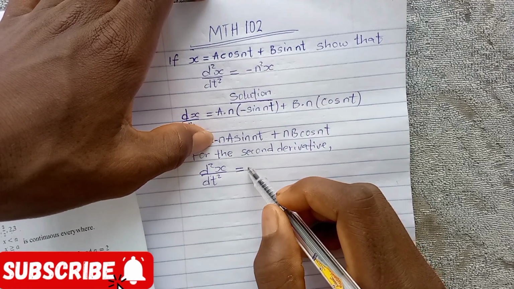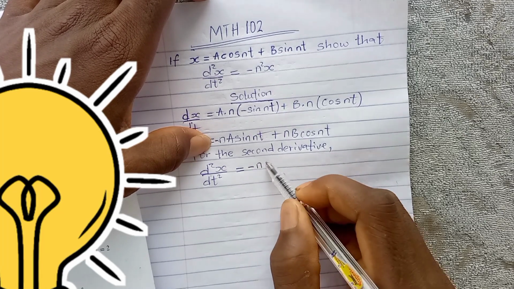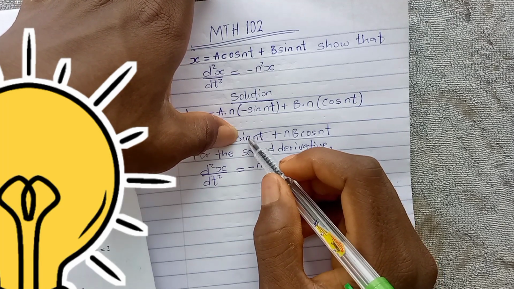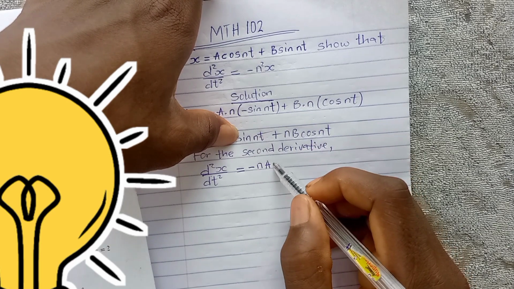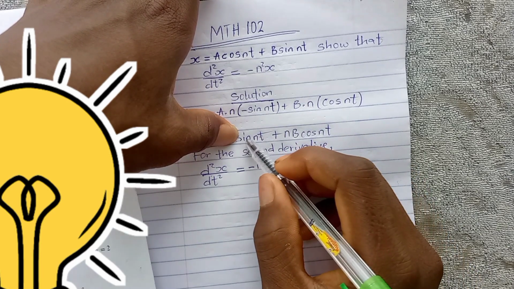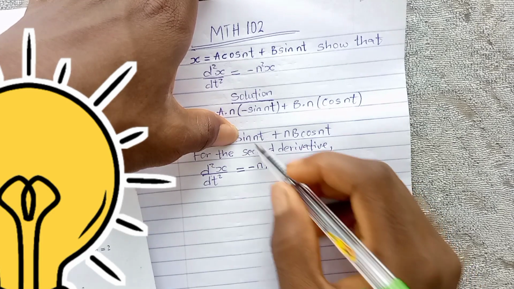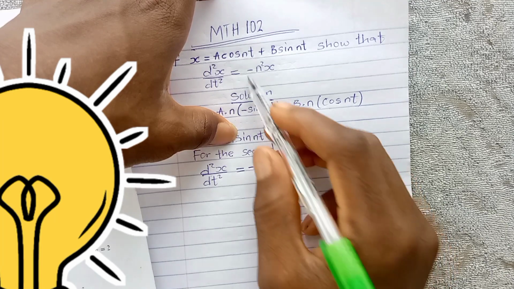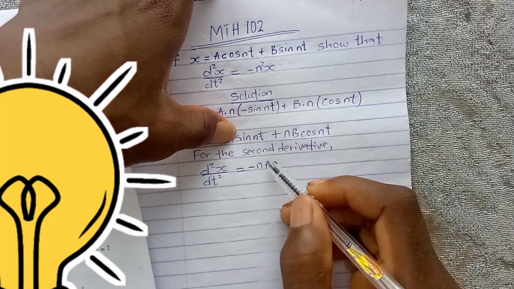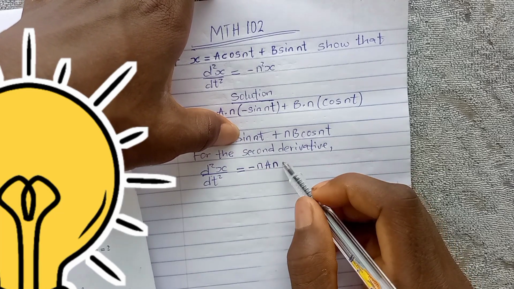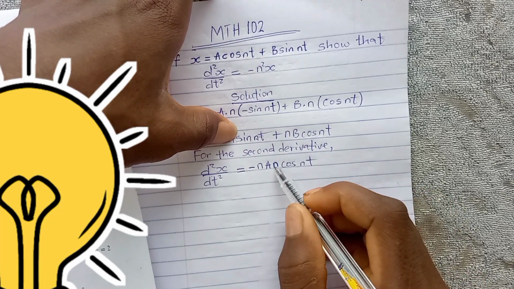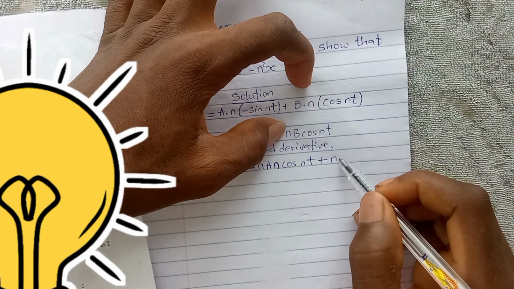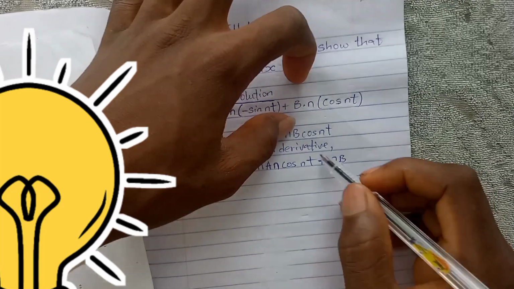This and this are constant. Differentiation of a constant still gives the constant. So you have this here. Then to differentiate sine of an angle, you differentiate the angle first, then you multiply your result with the derivative of that sine. If we differentiate this angle, just like we did earlier, we are going to have n. So we multiply the derivative of sine, which is cos, by the n. The same thing applies here. The n and b still remain n and b because they are constants.